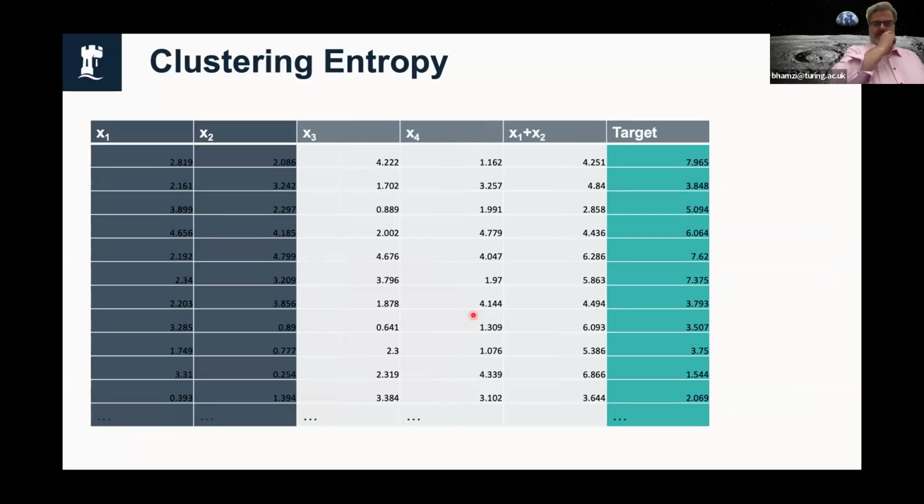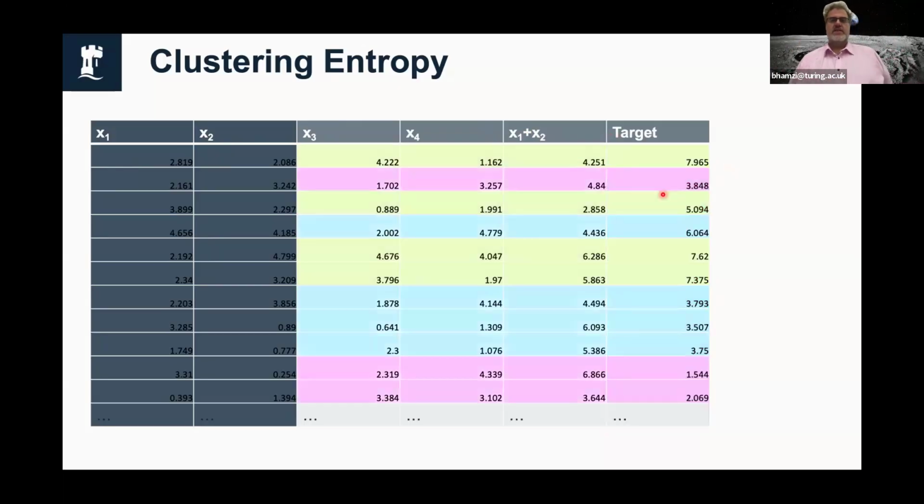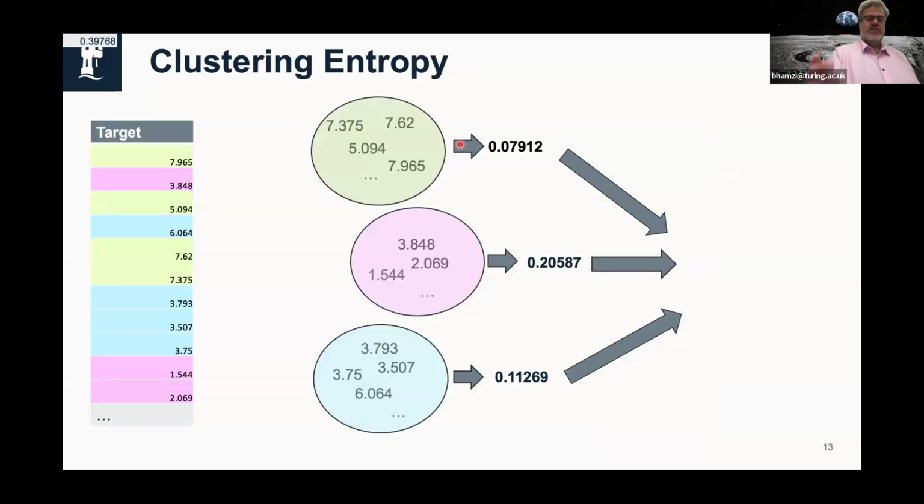And then we say, well, okay, we'll put this new feature in, and we'll temporarily redact the two source features that are making that up. So this is now what we're using to predict that. So we do clustering on this thing without the target, on the feature space, and then we look at the target.